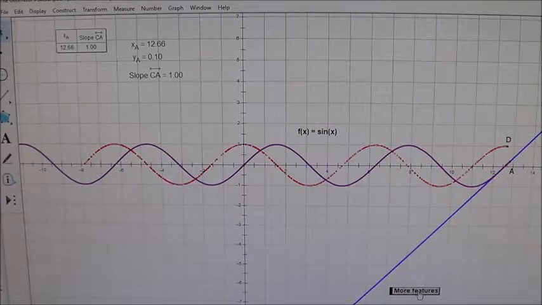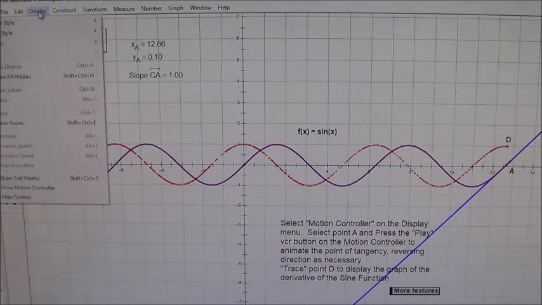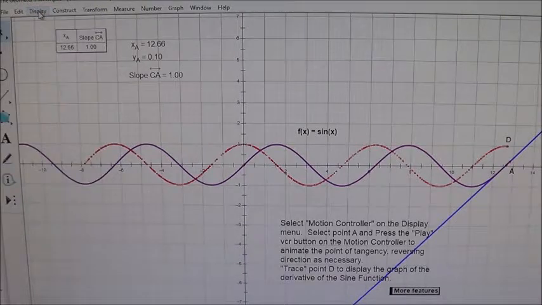I think I can actually... Can I press play on this? I think I might be able to. I don't know how to do that. Anyways,